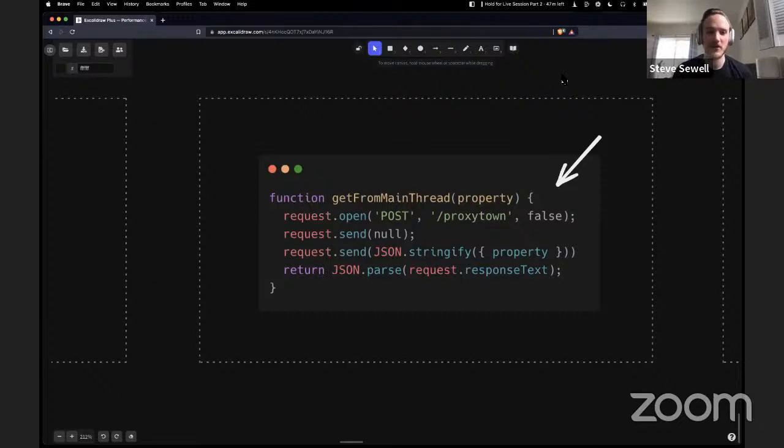Sorry, question coming in, Mishko's answering too, but that one's very relevant as well. Do proxies work seamlessly? Yes. Now, it depends on how you implement them, but they can be a very seamless wrapper over the source object functionality, which is why Partytown is able to do what it does.